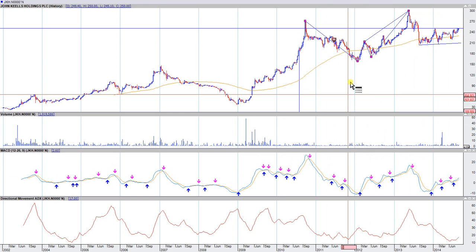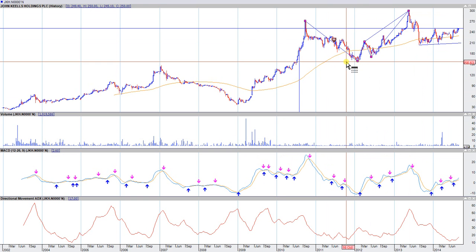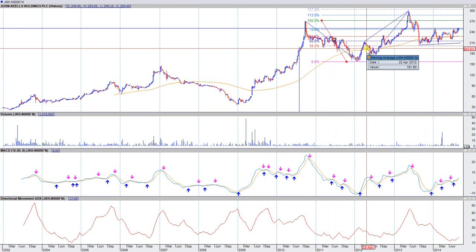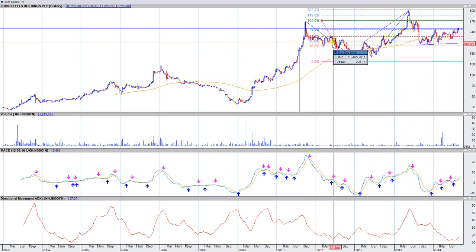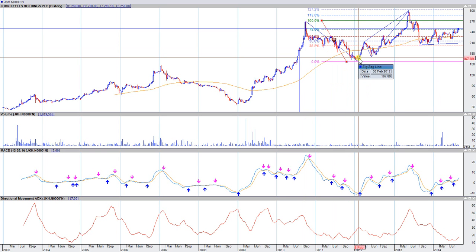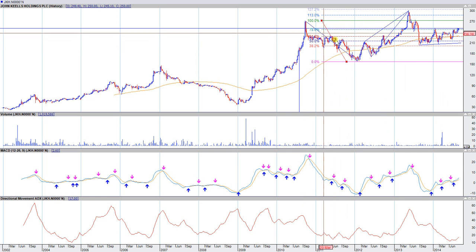Okay, now we use the Fibonacci tool here. So how do you use a Fibonacci tool? Yes, you take the lowest to the swing high. Okay, so when you have these two extreme points in a given price action, yes, we can measure the